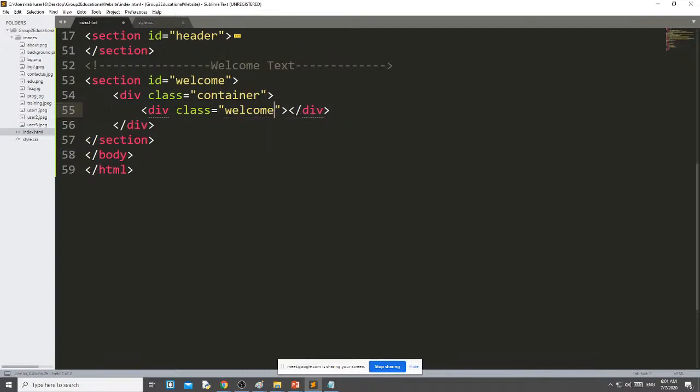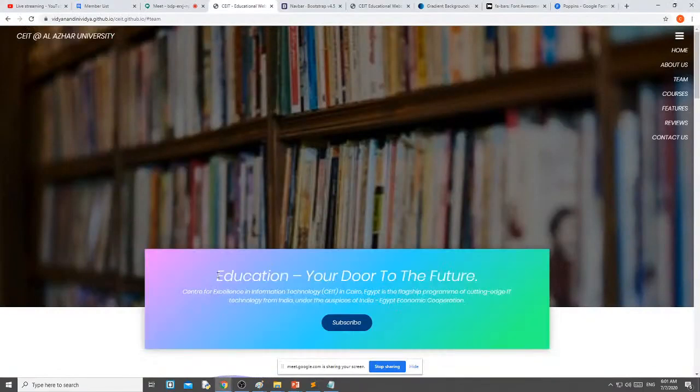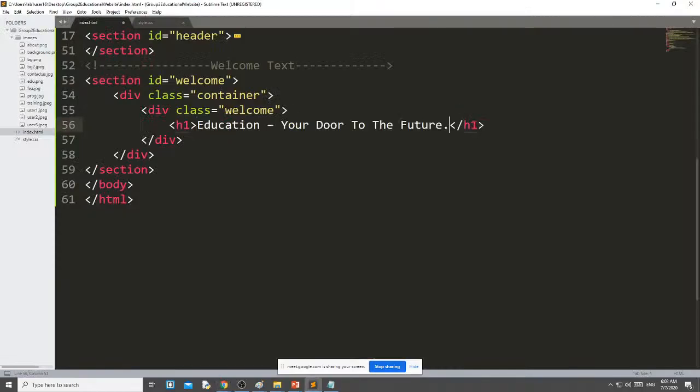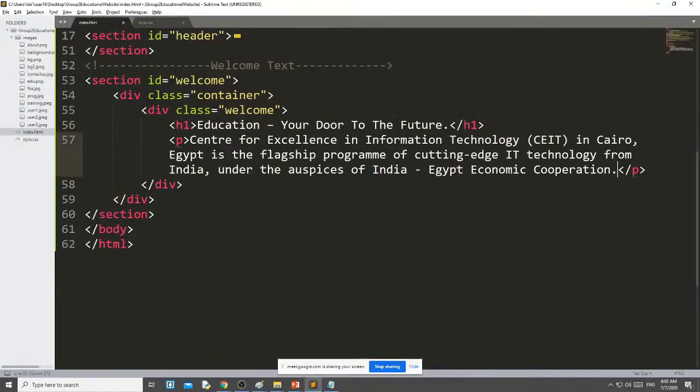Let me first write welcome only. Then I am using H1. In H1 what I want to write? This part. Simply I copy from here, paste it, and I want one paragraph, and in paragraph I copy this part and paste it.